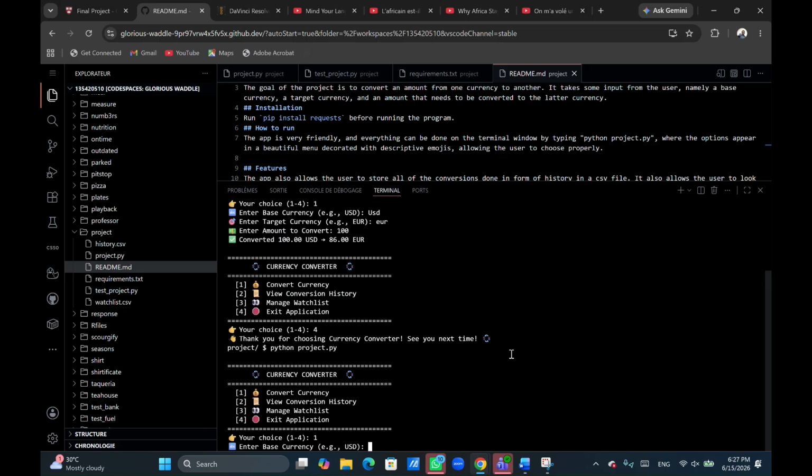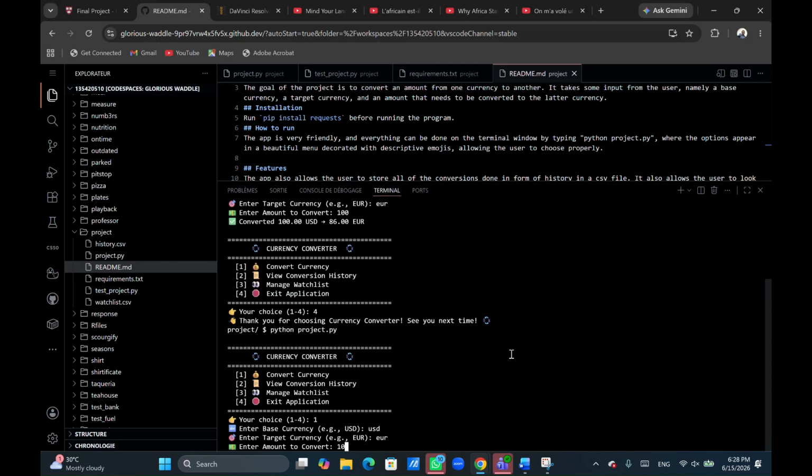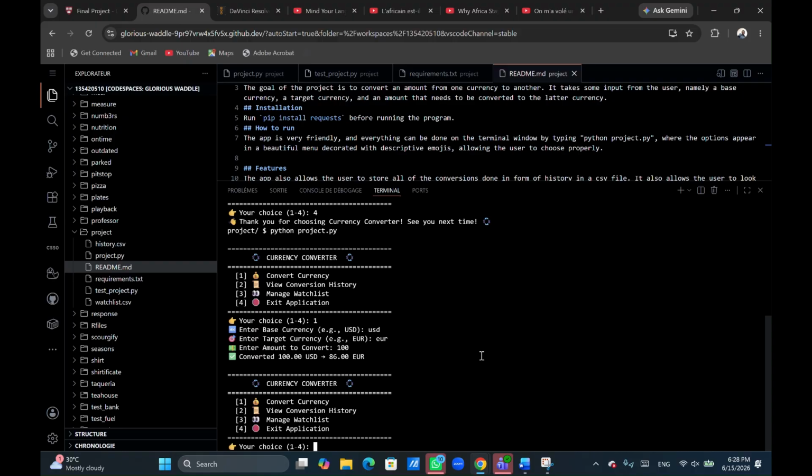It prompts us with the base currency. Let's say USD, and then we want to convert some money to euro, and then type the amount. Everything's converted. So 100 USD, 100 bucks, is equivalent to 86 euro. That's a very good and very easy way of converting things. And the second